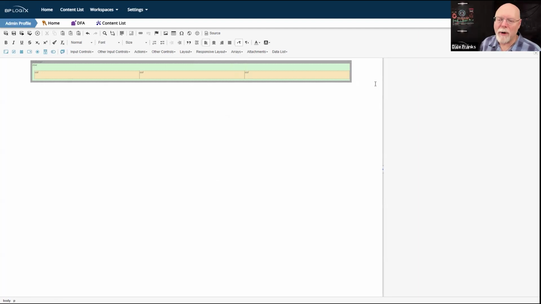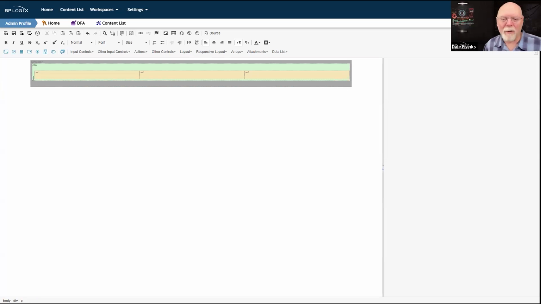So now if I'm going to put in some controls, I need to be in, let's just throw in a form row. Oh, yeah, wrong place. There we go. Let me add a row because I need to get my cursor down in there.